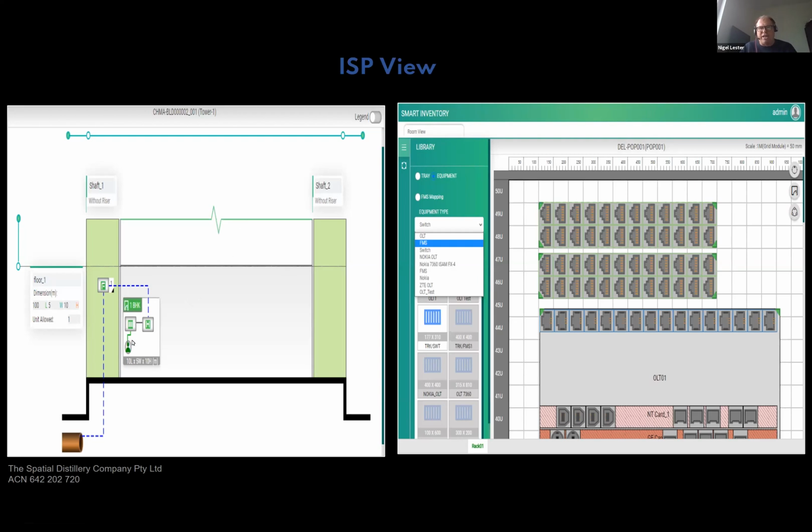You can then drill down into that equipment room and look right down to the individual racks and the equipment and cards inside that rack, and the connectivity on each and every one of those ports inside that. And again, fully customizable. So you've got complete control over this. So the same way that we were doing the route tracing back on the map, and that connection path finding, you can do it again right down at this individual port level inside the ISP view as well.